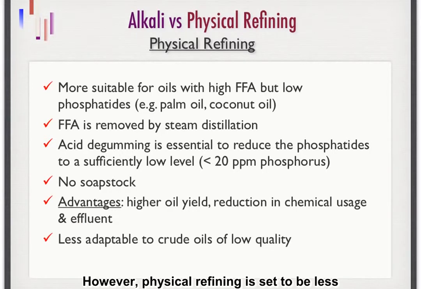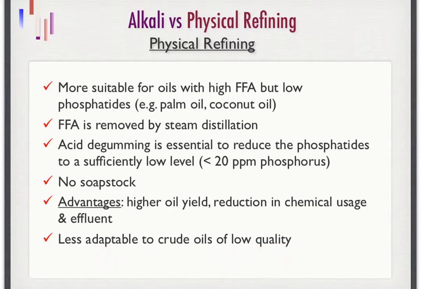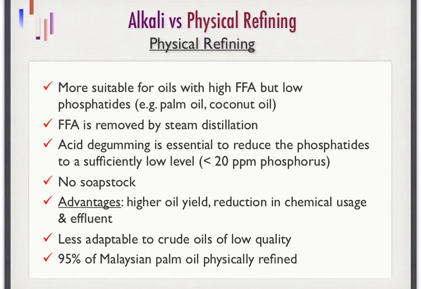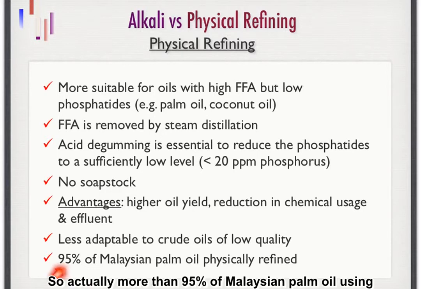However, physical refining is said to be less adaptable to crude oils of low quality, which contain a high amount of phosphatides, because we need to remove the gums in the degumming process, which can increase the losses of the oil. In Malaysia, actually, physical refining is more popular. More than 95% of Malaysian palm oil uses physical refining as opposed to